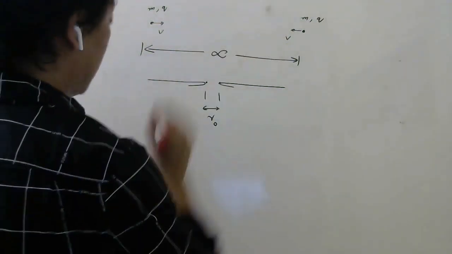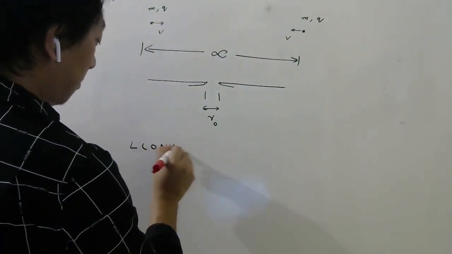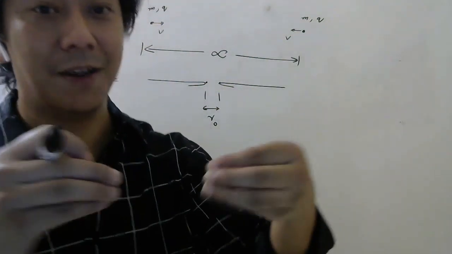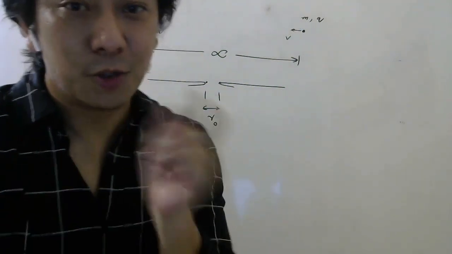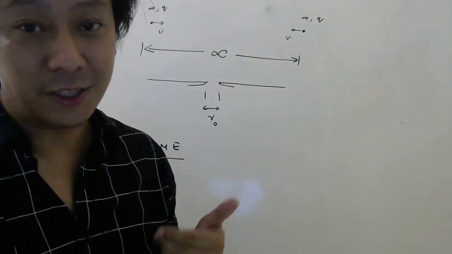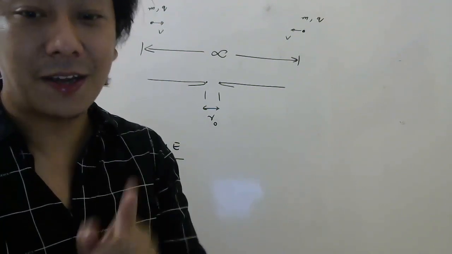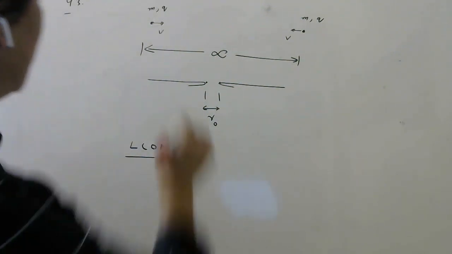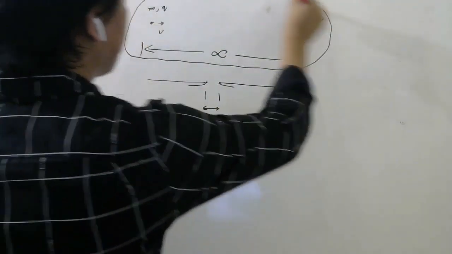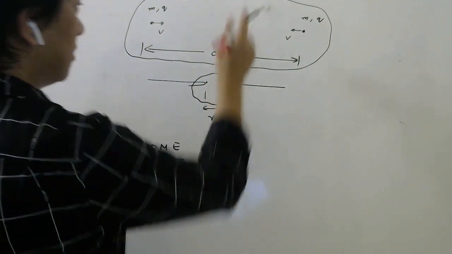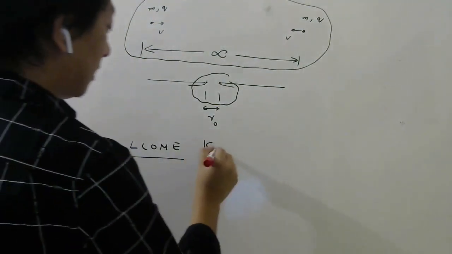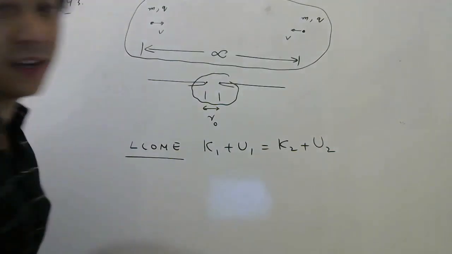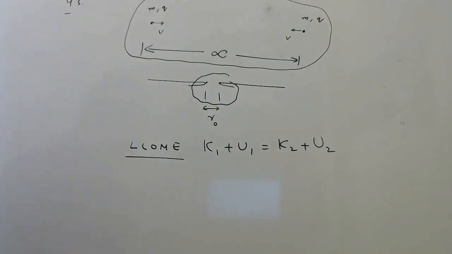Well, from here to here we will apply the law of conservation of mechanical energy. Why? Because we have simply thrown them towards each other, right? I am not carrying it. I am not applying some external forces. So the only forces acting are electrostatic forces, which are conservative forces. And when there are only conservative forces, you are allowed to use the law of conservation of mechanical energy. So when the system is here, this is initial, and when the system is here, this is final. Let us write kinetic energy initial, potential energy initial, kinetic energy final, potential energy final. This is the meaning of the law of conservation of mechanical energy.